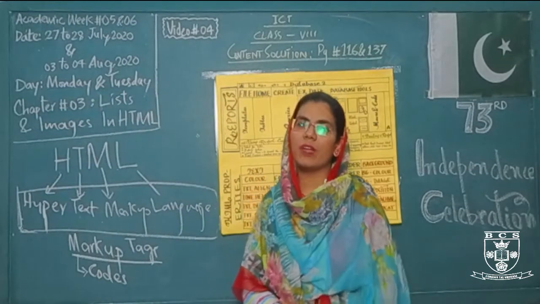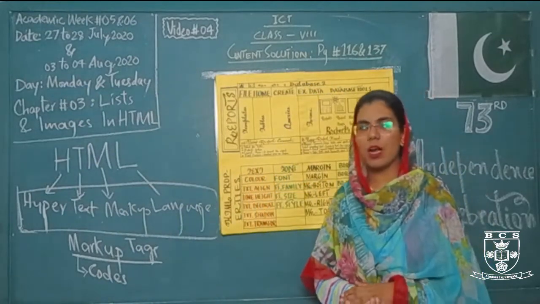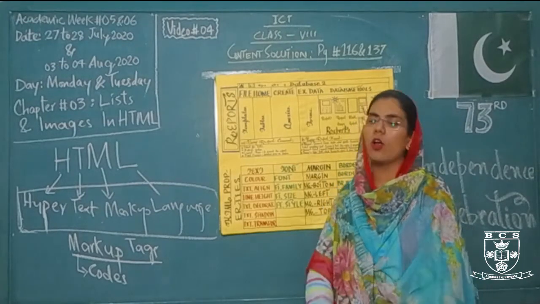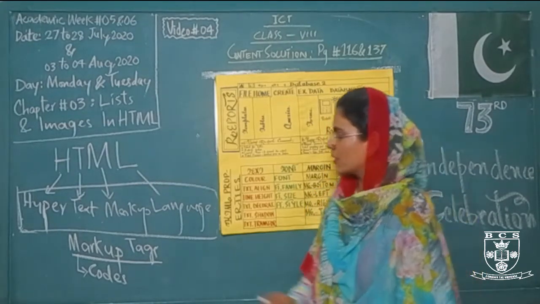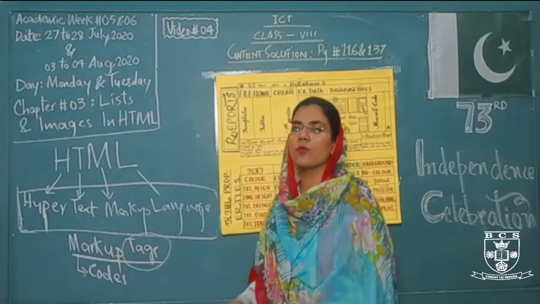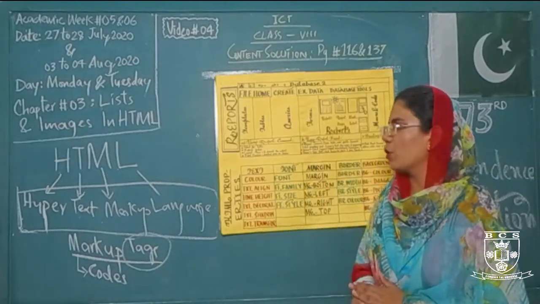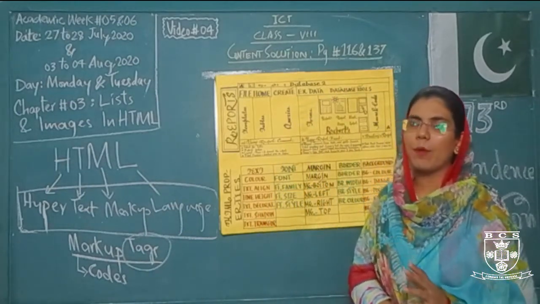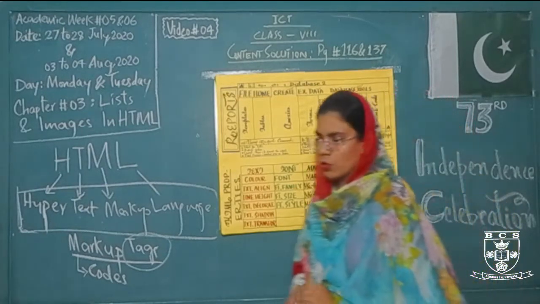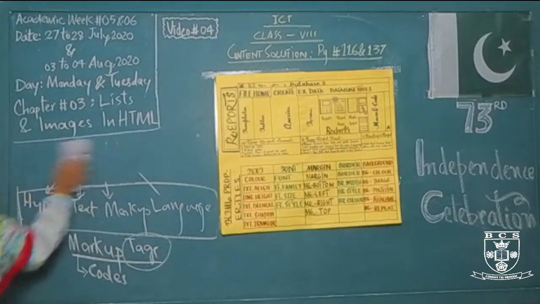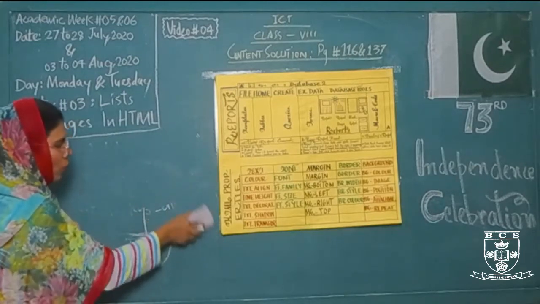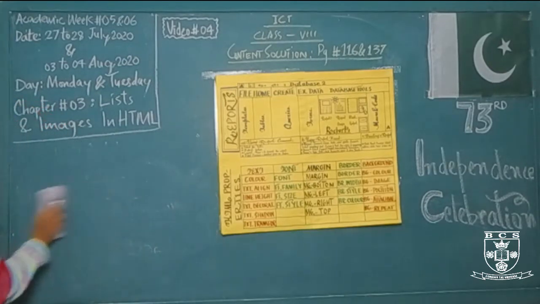So whenever we are working with hypertext markup language, or we are developing or creating web pages using HTML, we will discuss this particular word, that is tag. And tag means the markup text, the codes that we use to represent any particular element, any type of data, any type of statement that we are entering, creating or editing in our web page. Right after that, we have some properties regarding HTML, and this is also from your class 7 as mentioned in the book.